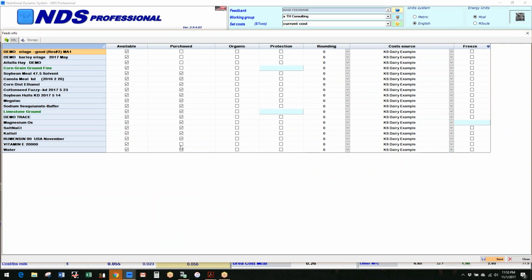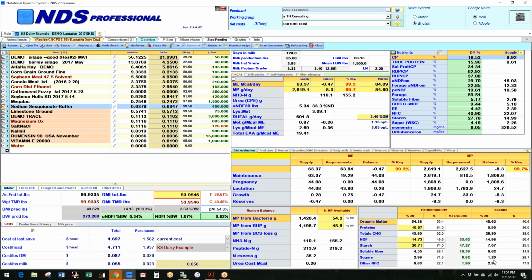So I should probably have this one listed in there also. The things that are in our mix, our ground corn, our hay, our silages have been purchased. These are out-of-pocket feed costs. These may have been purchased already or homegrown, but here you do have to save that to make that functionality work, and then it will give you